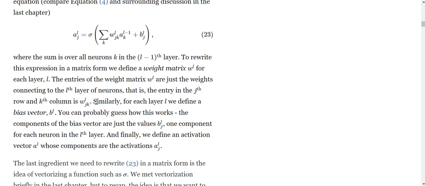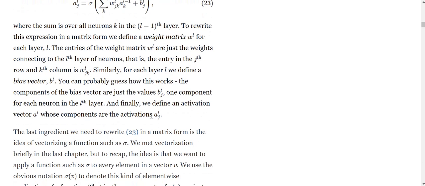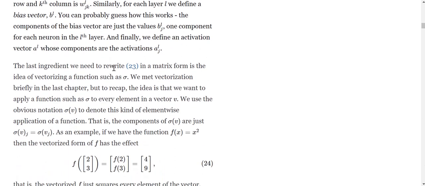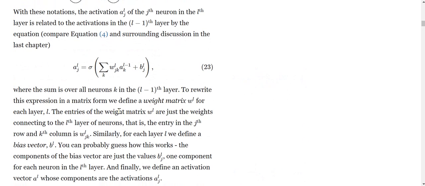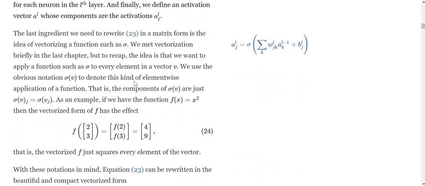Similarly, for each layer l, we define a bias vector b^l. You can probably guess how this works. The components of the bias vector are the values b_j^l, one component for each neuron in the lth layer. And finally, we define an activation vector a^l, whose components are the activations a_j^l. So I hope this makes sense. The last ingredient we need to rewrite this particular equation, equation 23, in matrix form